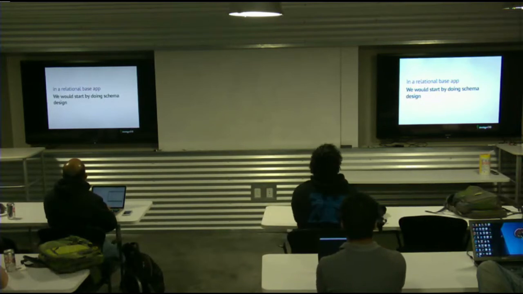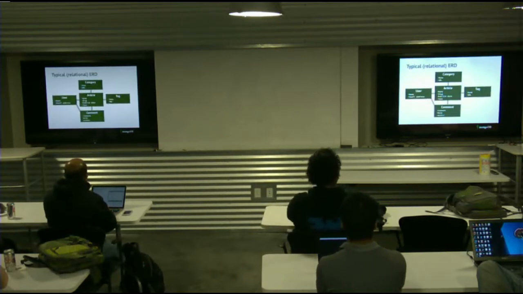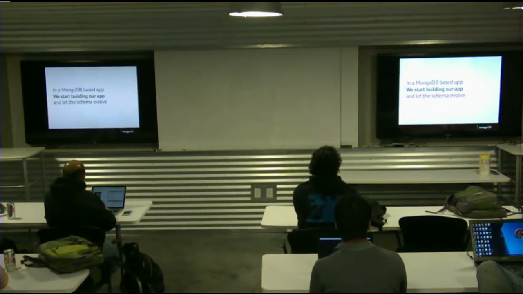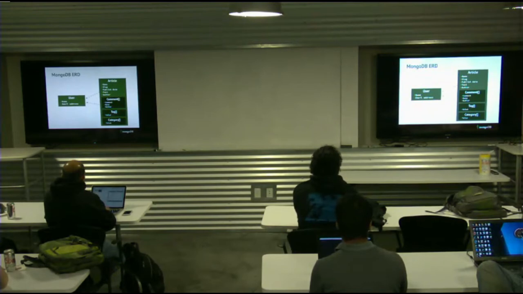So if you were to do this with relational, you would start with an ERD diagram, where you've got a very normalized structure that you build out up front. With MongoDB, it's a little bit different, right? You're actually going to just start building the data. You're going to start writing data in the format you want to work with it in, saving it and persisting it, and then start reading it back out as you need it.